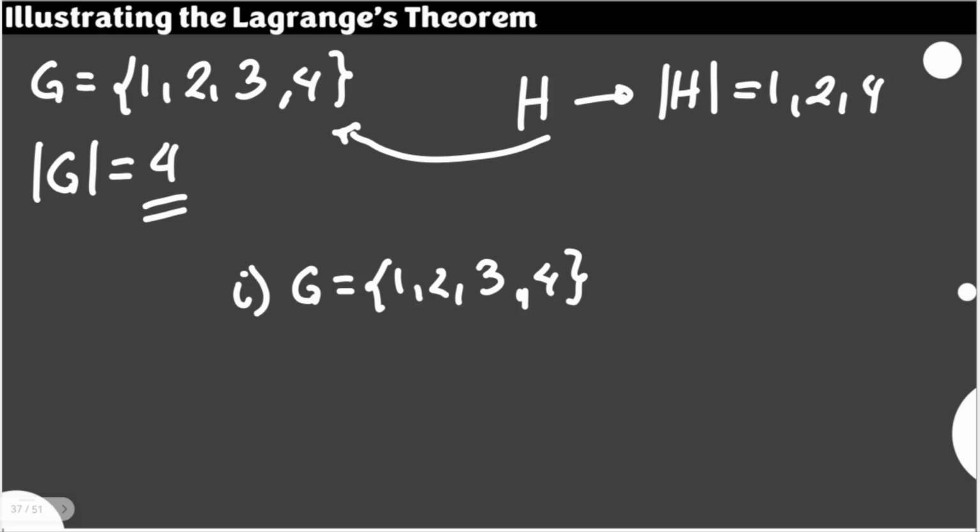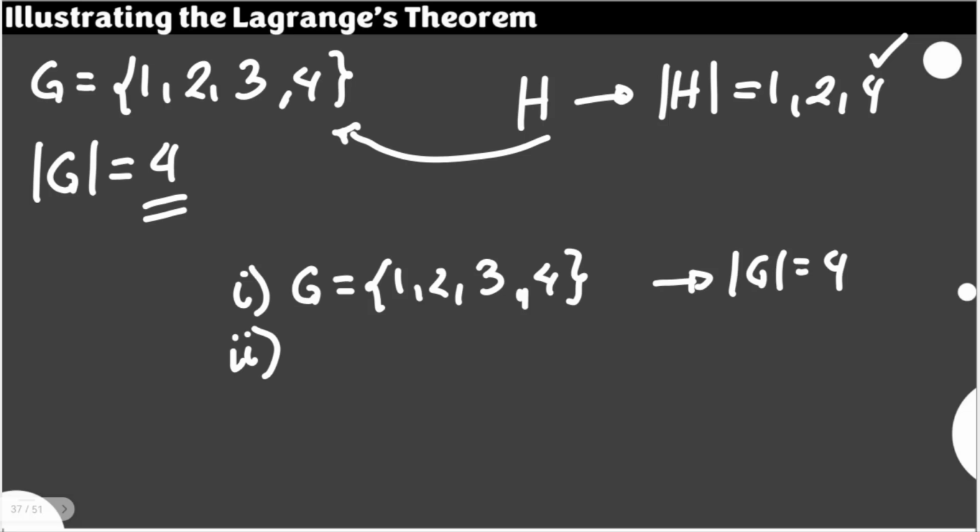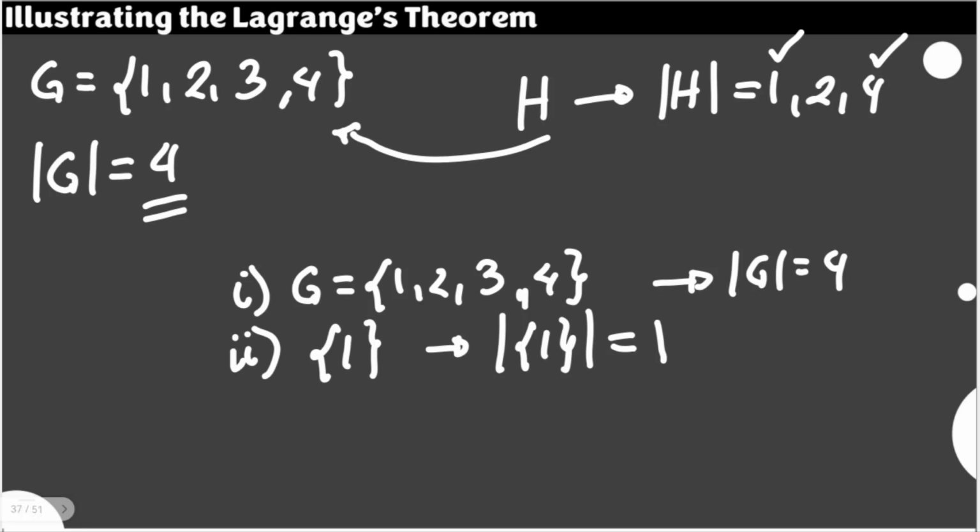This is actually called an improper subgroup, the set itself. And the order of this is actually 4. So this checks one of the orders possible for any subgroup. The second subgroup here is actually identified as a set containing the identity element 1. I'm not going to discuss anymore how 1 was determined. We have a video for that, but for the purpose of the illustration of Lagrange theorem, we have here the set containing 1. So the order of this is just equal to 1. This pertains to the other divisor of the order of our set G.